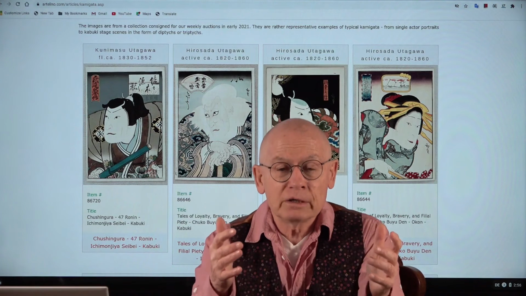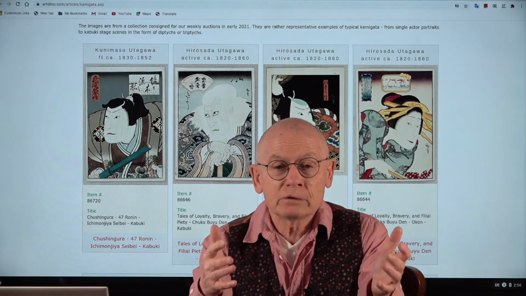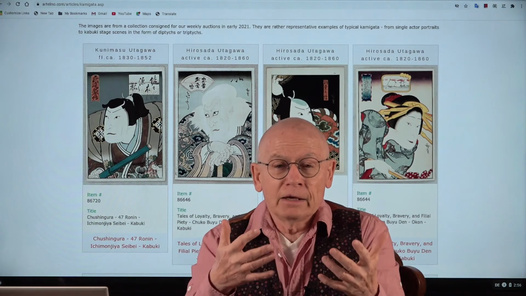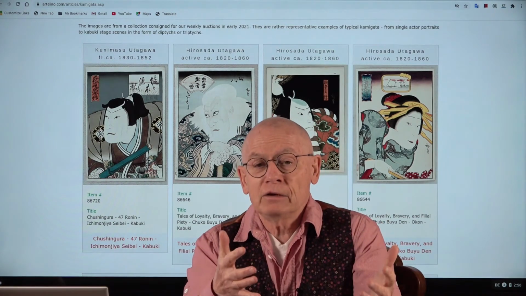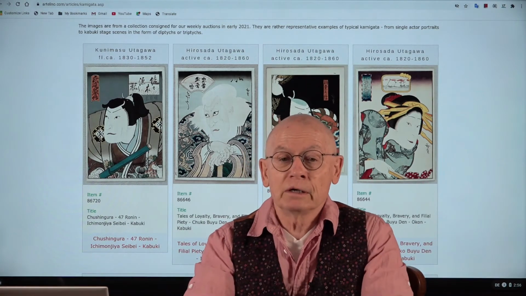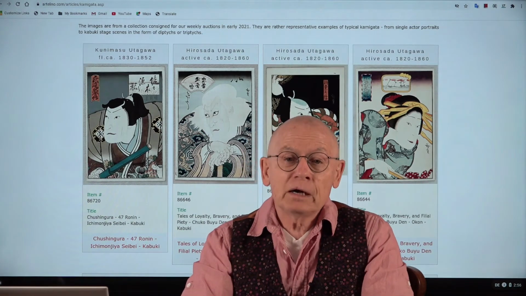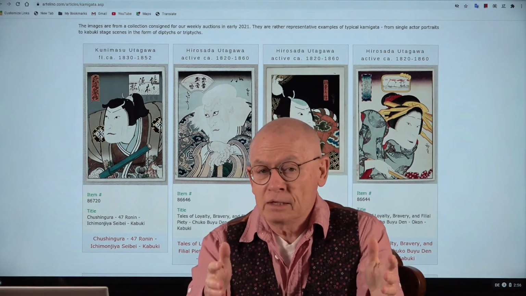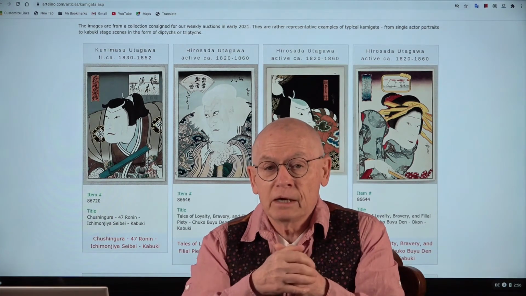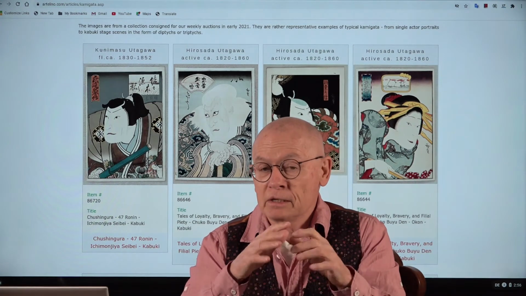And this is actually the reason why these prints today often are smaller in size. So roughly in the early 1850s, these Tempo reforms were no longer enforced, but the small size remained. And from the shock of the Tempo reforms and this impact, the Osaka printmakers never fully